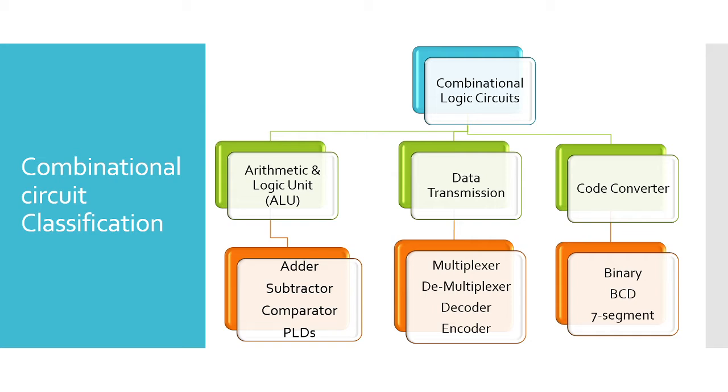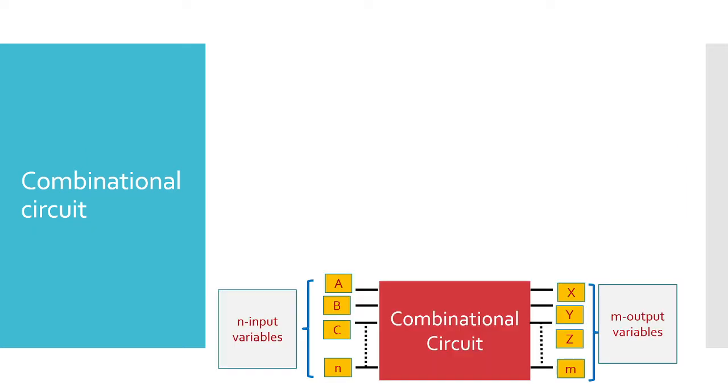Okay, so in this video I am going to talk about one type of combinational circuit, that is called half adder. I will explain what steps you have to follow for designing any combinational circuit. I will start with the basic circuit. So let me go to the next slide. As I said, a combinational circuit will take n input variables and m output variables. That depends upon the given problem.